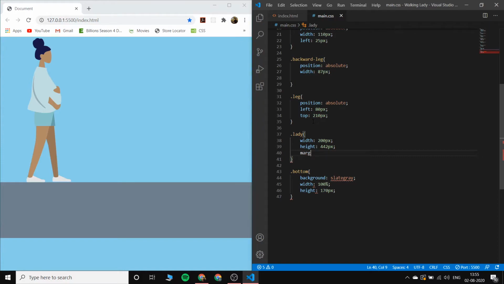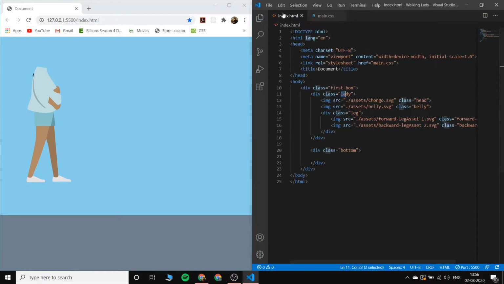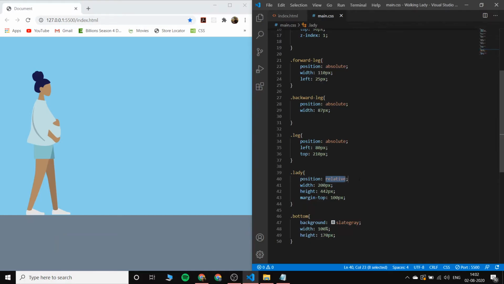Why is this happening exactly? Margin top. I think that's the problem of positioning. Let me give it the position. Here it is. Okay, so now let's give it some